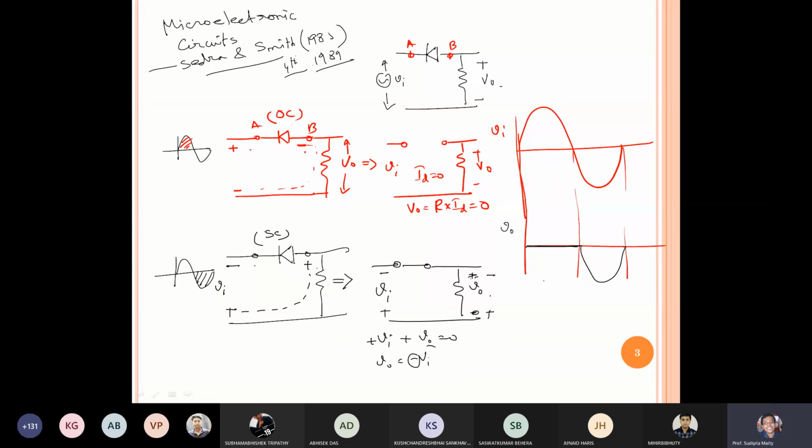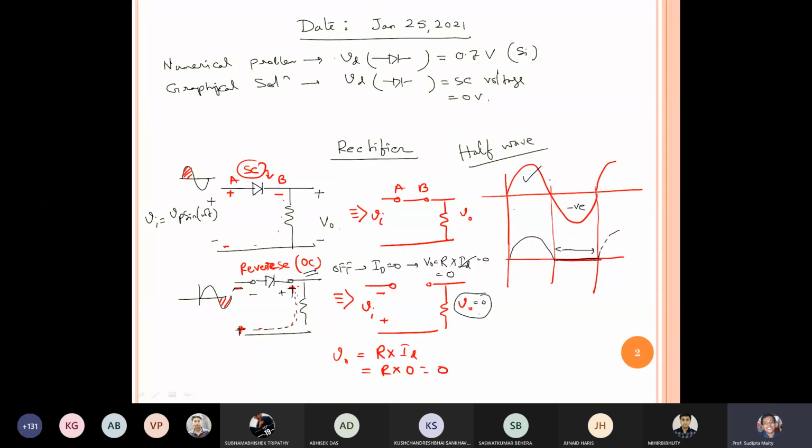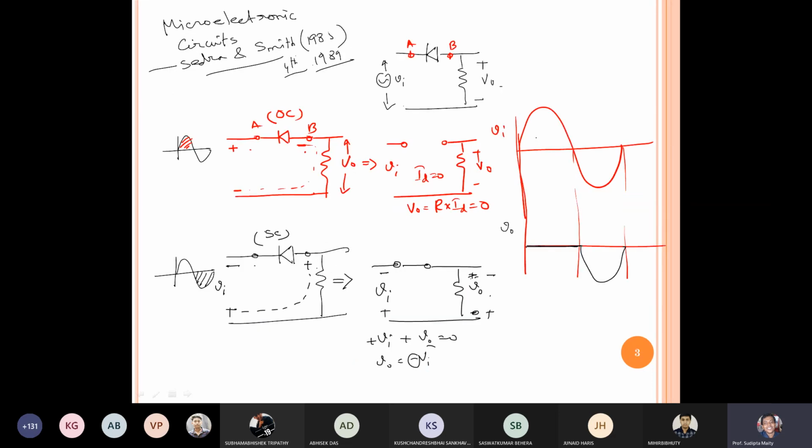Okay. Now in the previous case, it is giving the half cycle. That means we are getting the positive half. So sometimes it can be referred to as the positive half wave rectifier. That means we can get only the positive cycle. Sometimes you can call this one a negative half wave rectifier, because we are getting the negative portion of the input voltage in the output part. That's why sometimes it can be called a negative half wave rectifier.